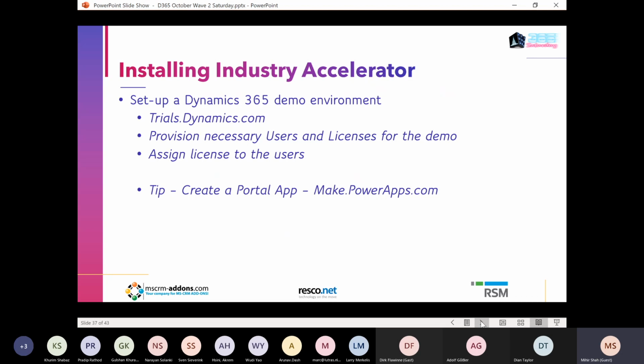Okay, let's go to this. Okay, so what I want to show now is how to install an industry accelerator. So if you are new to Dynamics 365 or you don't know anything about industry accelerators, this will help you a lot. So you would go to set up a Dynamics 365 demo environment,